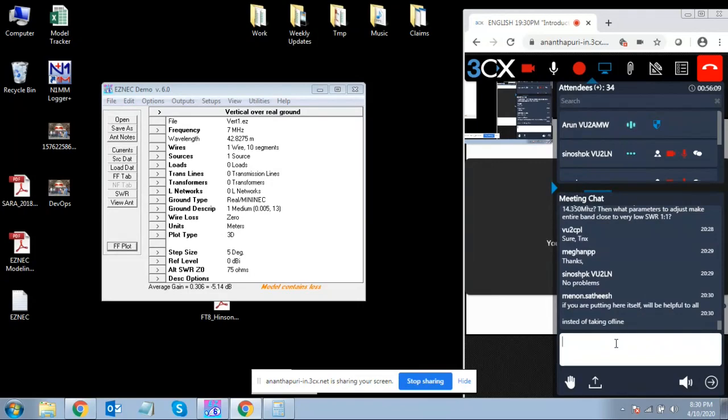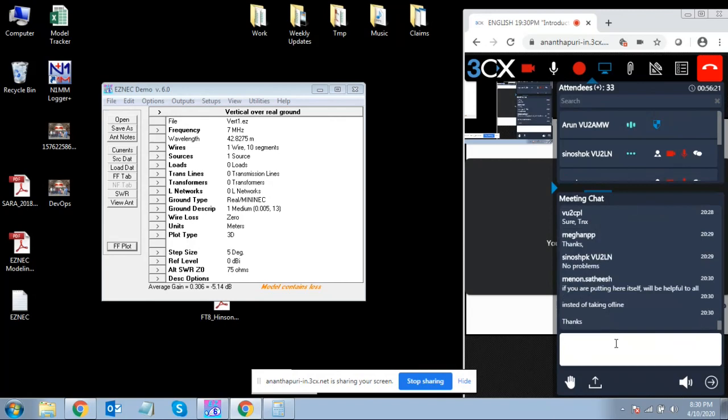So I will share that file, the vertical antenna file, with Sri Kumar, and he can blast it to everyone. So you can install the software and open it up. What a wonderful way to make everyone download the software and play with it. Okay, can I assume we don't have any more questions? I just want to show you a transformer, and then if time permitting,